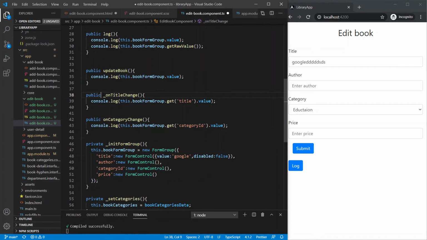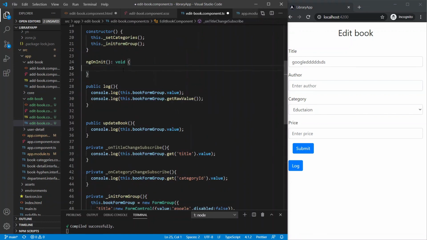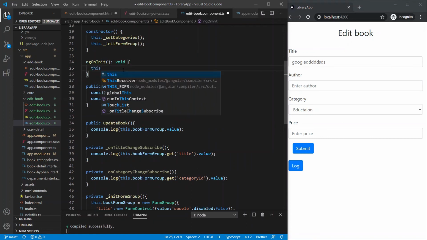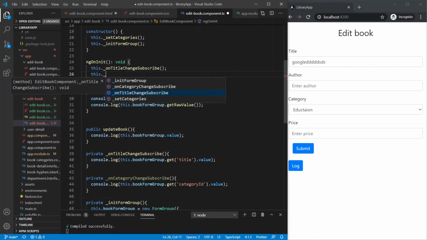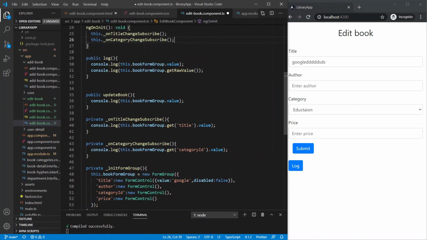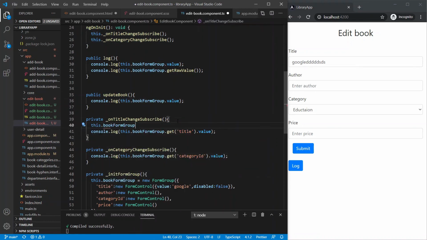Change these function names to _onTitleChangeSubscribe, make it private, and then _onCategoryChangeSubscribe, and mark this also as private. Now call these methods from ngOnInit after we have initialized the form group. So here in ngOnInit, type this._onTitleChangeSubscribe and then this._onCategoryChangeSubscribe. Now inside the title change subscription function, type this.bookFormGroup.get and inside 'title' then